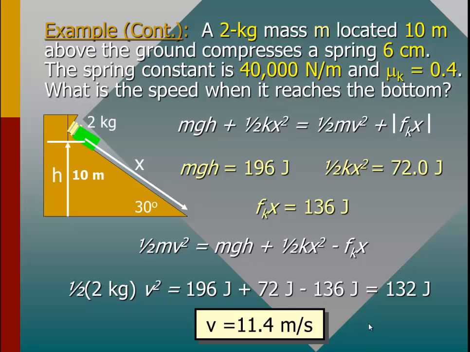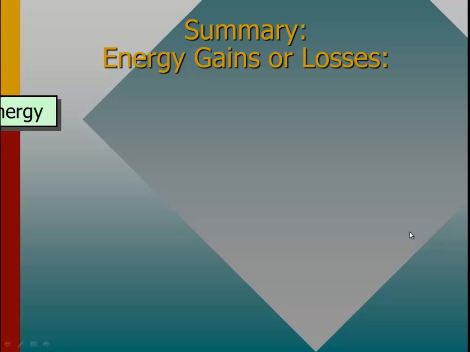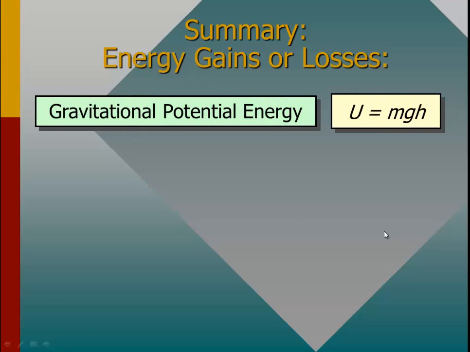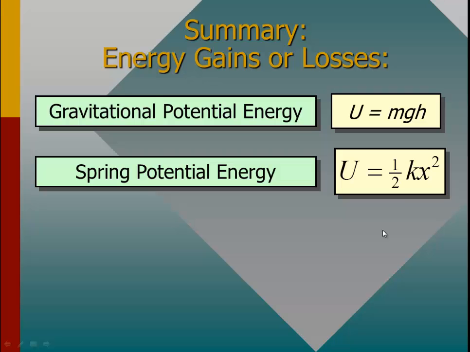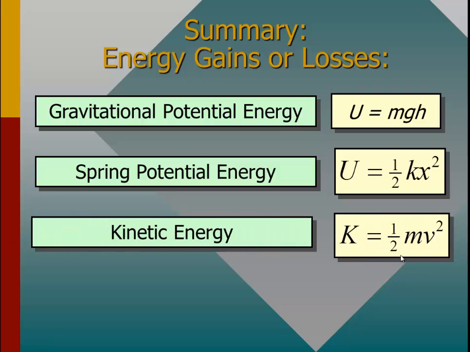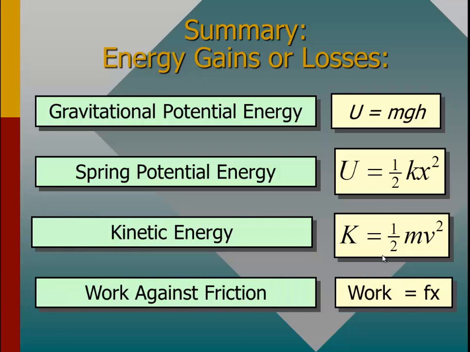So again, conservation of energy at the top has potential, gravitational potential energy. The spring is compressing it, so it has stored energy in the spring, when it goes all the way down, it's going to have a final kinetic energy, and it's going to lose some energy due to the work done by friction. So gravitational potential energy, U equals mgh. Spring potential energy is 1/2 kx squared. Kinetic energy is 1/2 mv squared. And the work done by friction is F